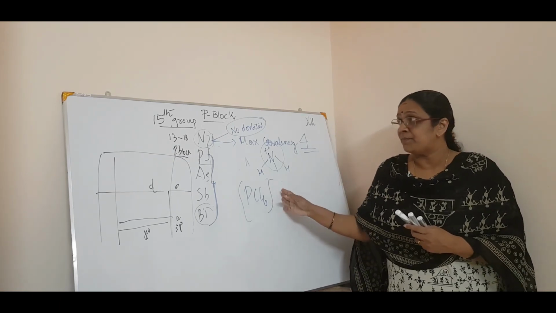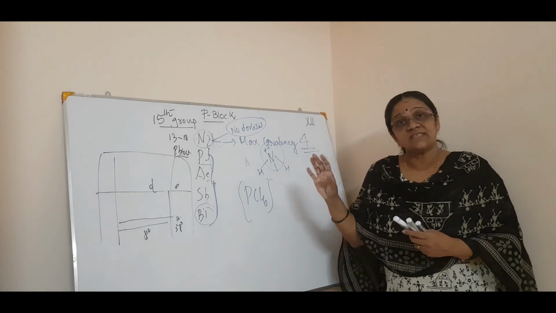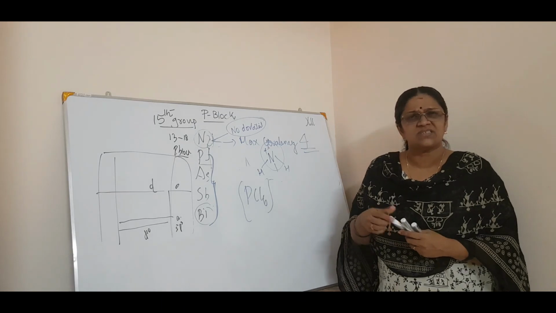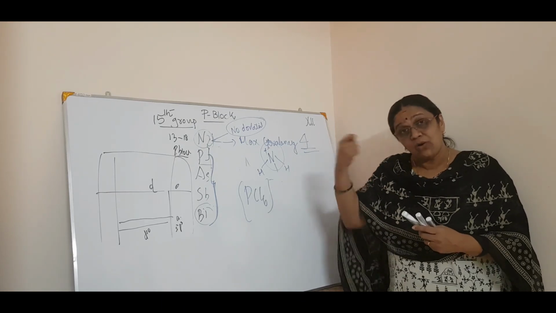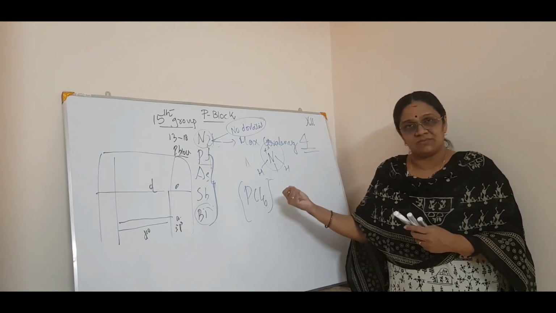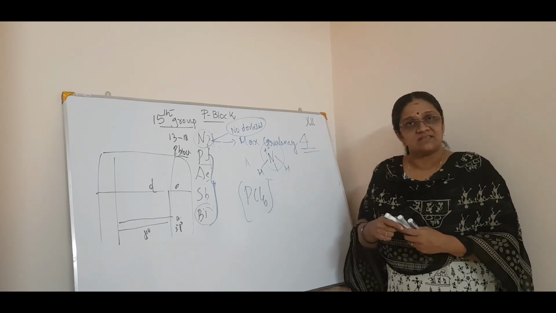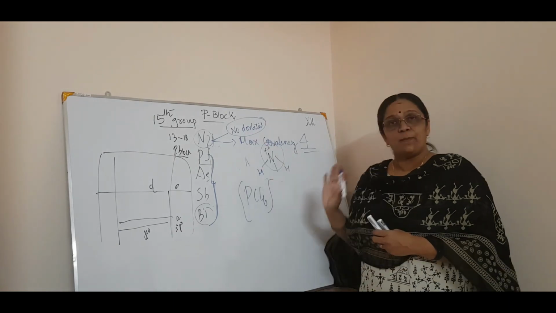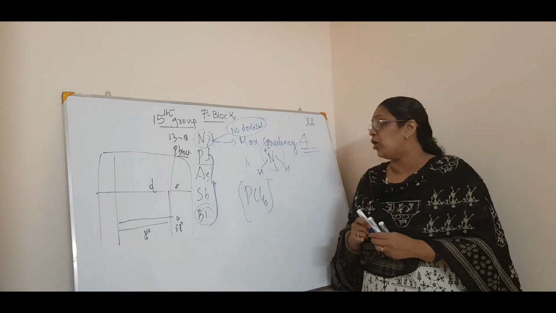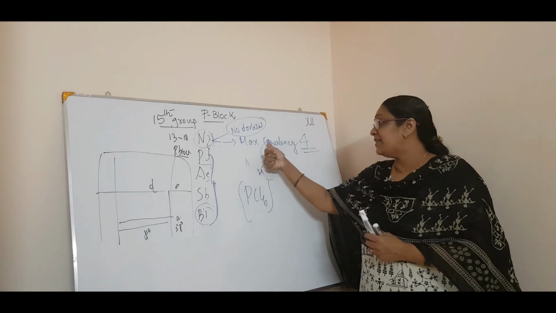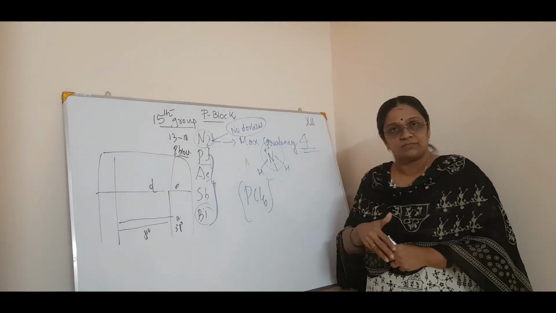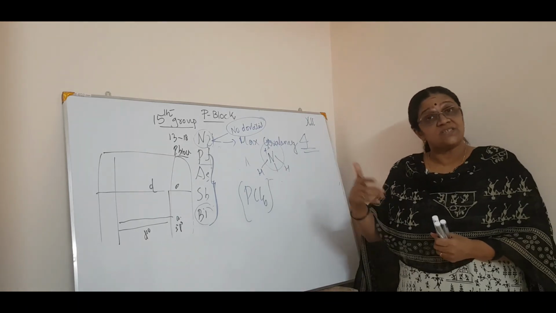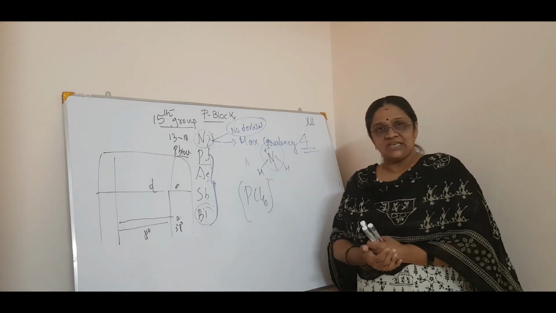In this chapter, they will ask logical questions. Other chapters have direct or simple logical questions, but here you have to work out the logic behind the differences. That is why it is important. So, the non-availability of d orbitals is the factor behind the maximum covalency of 4. Agreed? So these are some of the oxidation states which you see in nitrogen.